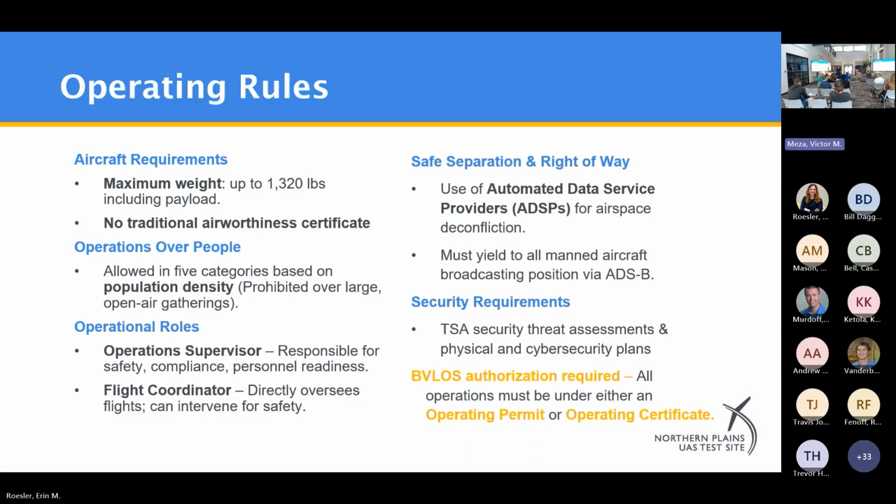would have the right-of-way below 400 feet over aircraft who are not broadcasting their position via ADS-B or electronic conspicuity. Well, even more simple, because it's a new topic. If I'm a drone flying under 108 below 400 feet in a low congested airspace, so like most of North Dakota, out in the rural areas, I would have the right of way as a UAS operator over, say, a crop duster who is not broadcasting ADS-B.